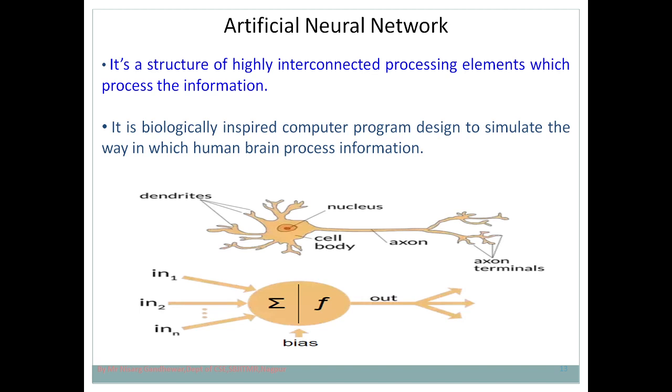Have you heard about the term neuron? Those students who have opted for biology know the structure of the brain. You know that your brain is made up of millions and billions of neurons. Do you know the capability of a neuron? A neuron is used for processing of information. Do you know how your human brain works? The human brain takes input.